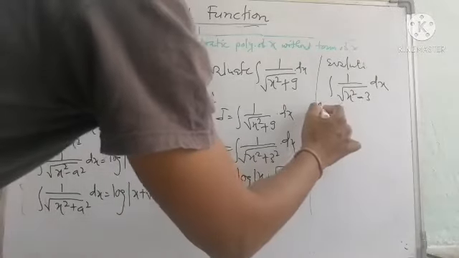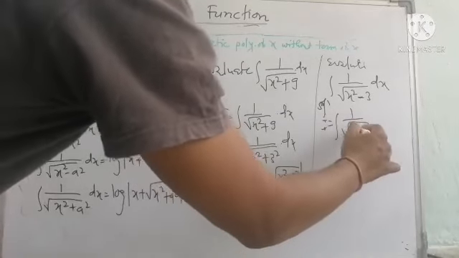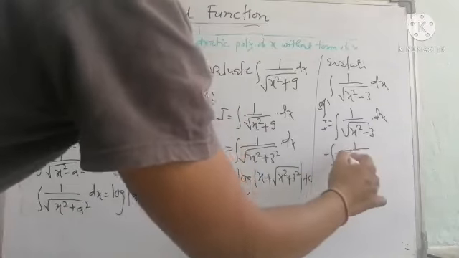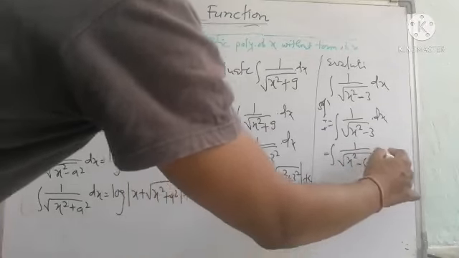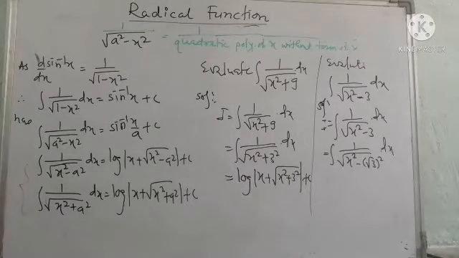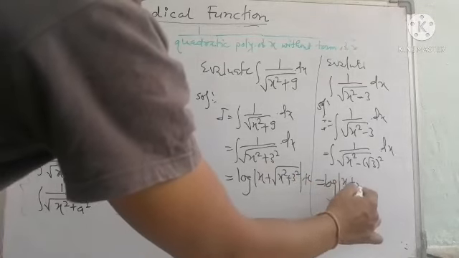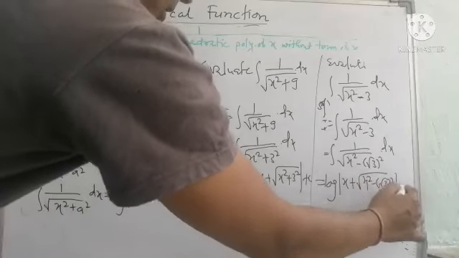Now again, I is equal to the integration of 1 upon root of x square minus 3. Now this 3 is the square of root 3. So it is root of x square minus (root 3) square. Now compare this: as there is a subtraction, it is in the form of x square minus a square. So again this integration is log of mod of variable x plus the denominator, as it is root of x square minus (root 3) square, mod complete, plus